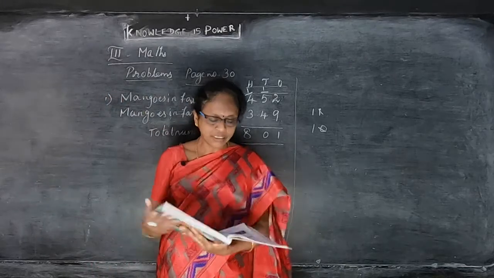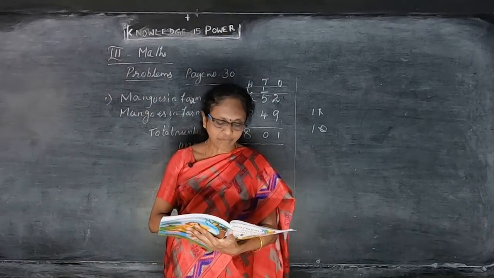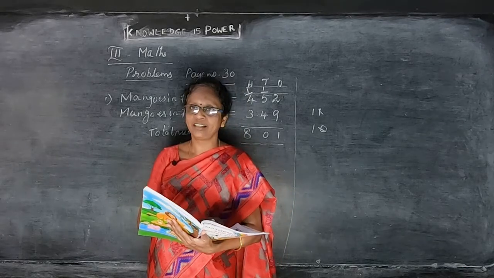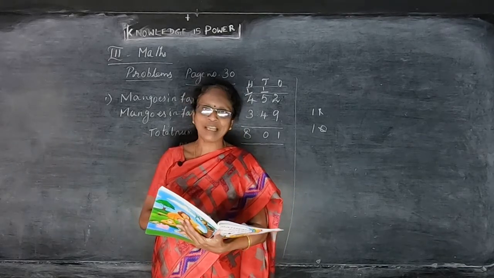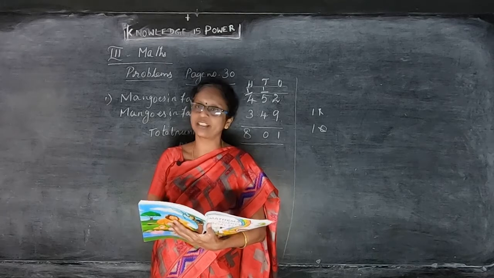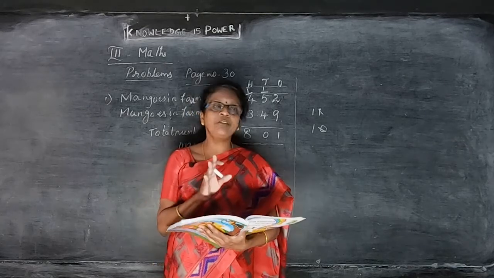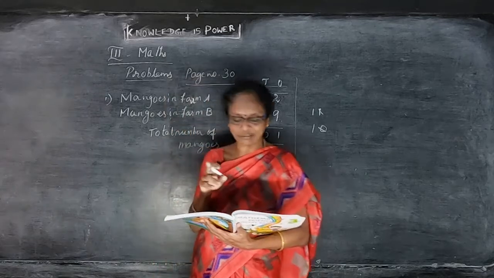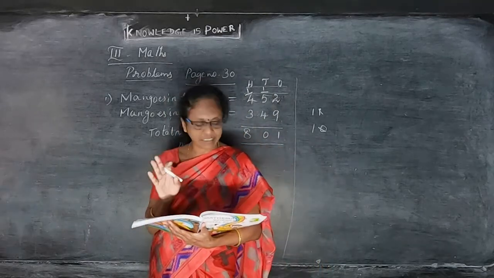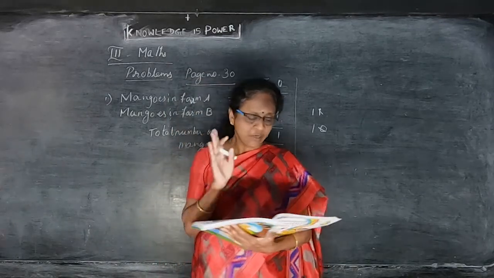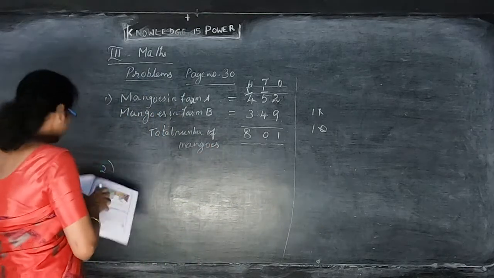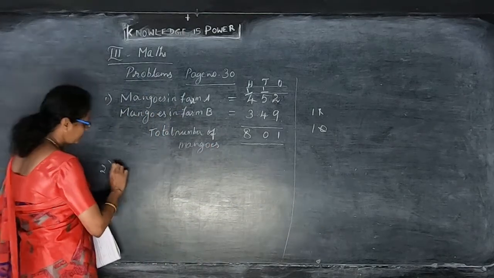Now, Amudan saved rupees 125 on the first day and rupees 200 in the second day. Find the total amount saved by him in 2 days. Okay, yeah. Amudan saved rupees 125. First day he is saving the rupees is 125. And second day he is saving the rupees 200. Find the total amount saved by him in 2 days. So they are given the statement. The first day saving.